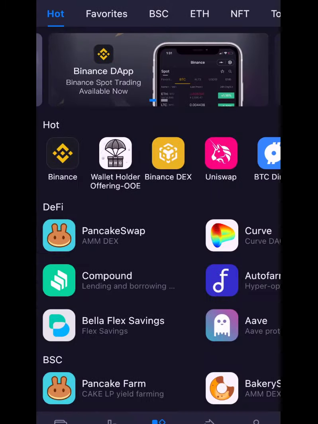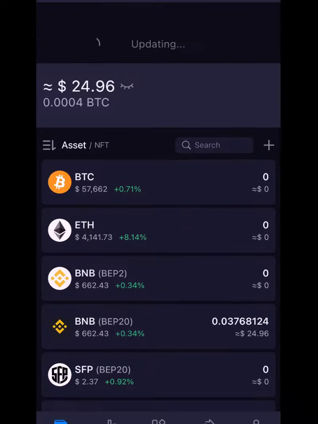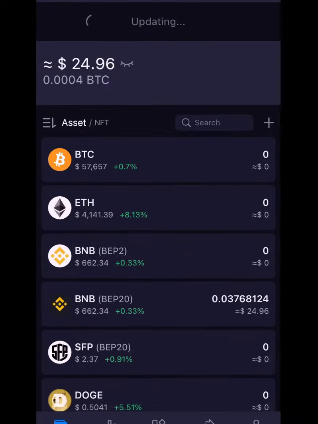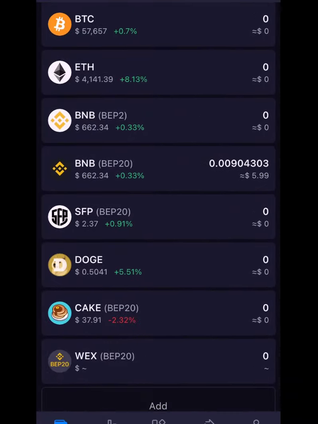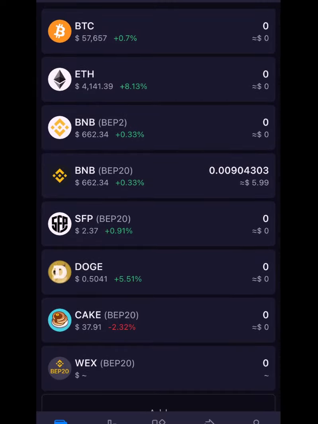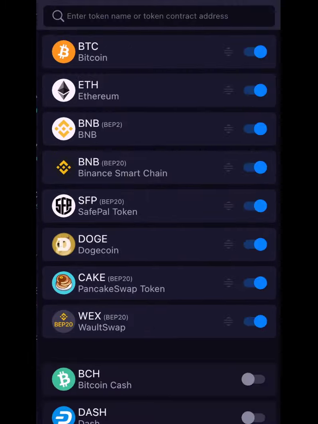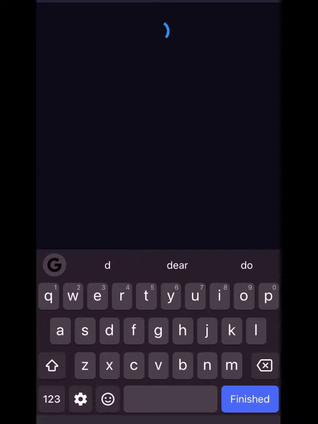Now when you go to your wallet, refresh your wallet, as you can see, the DFY is not showing up here. I can't find the DFY. So now you have purchased the coin and you're not seeing the coin. So what you do is you go and add the DFY